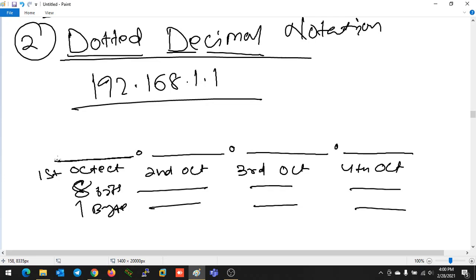If I talk about the first octet, it also has a total of 8 bits. In these 8 bits, if you convert anything, it will be in binary format, but what we write will be in decimal format.